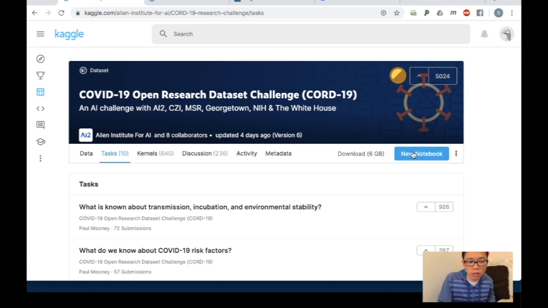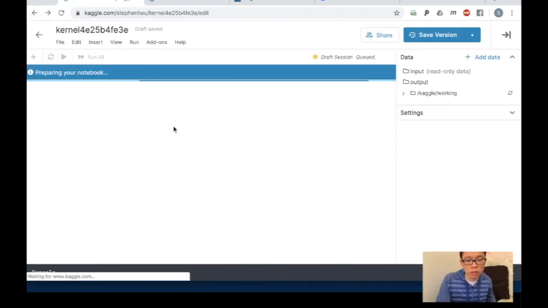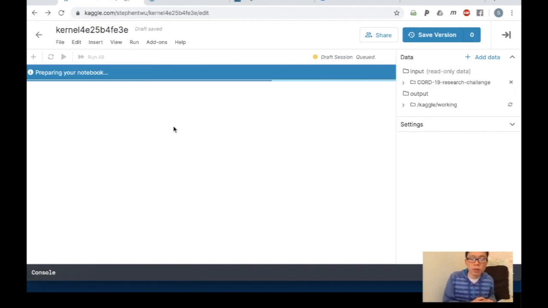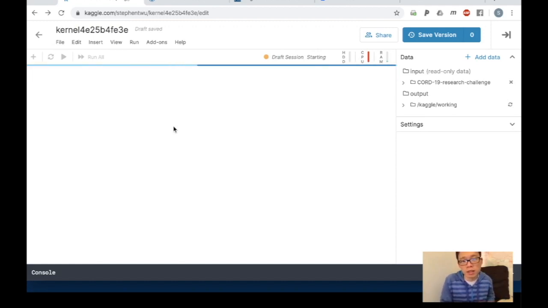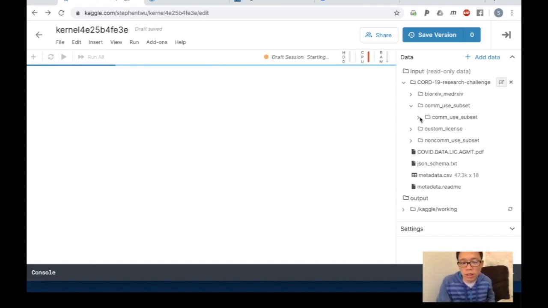And so what you can do is click on new notebook, and you can create a new environment, and it will give you basically what we call a Jupyter notebook. If you're not familiar with it, you can run Python in your notebook at the same time as writing text using the Markdown formatting. It's a neat way to do interactive data analysis. So anyways, the thing to point out here is that say you want to do some work on COVID-19 and NLP, well, you can look into